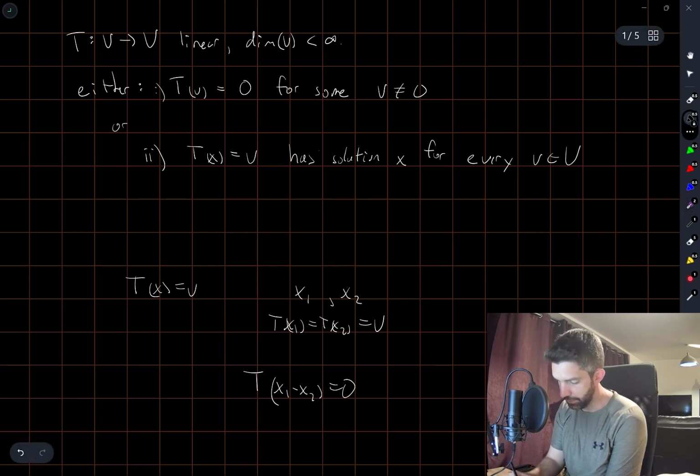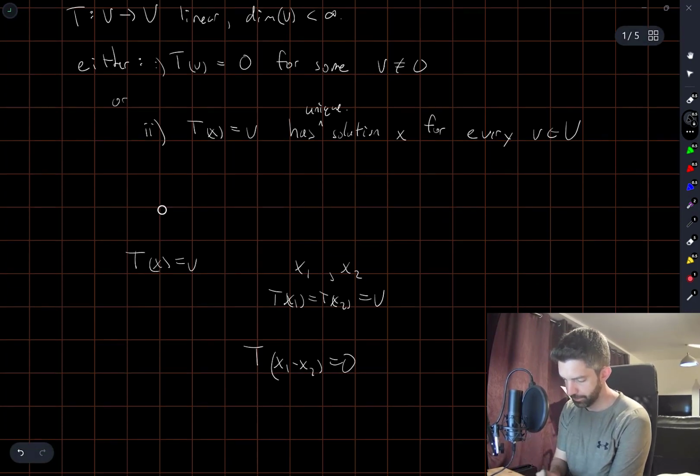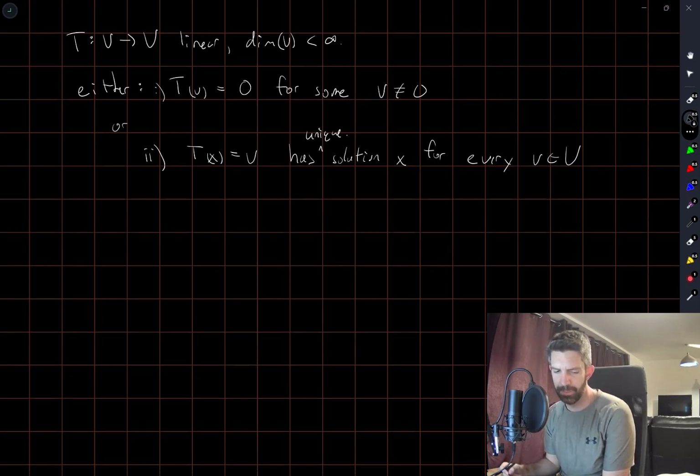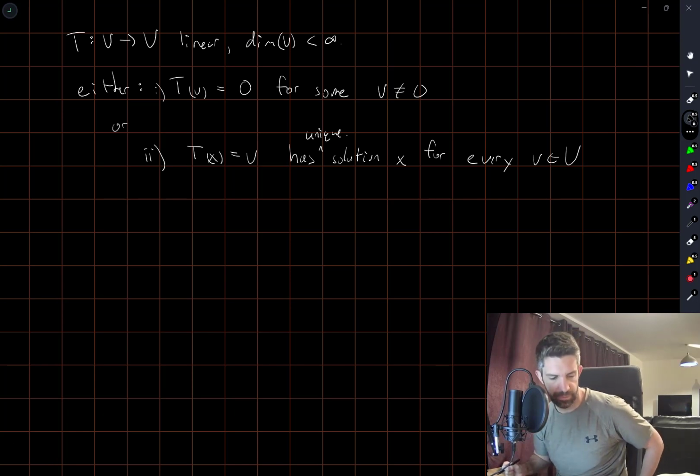So it really should say has a unique solution. The text I'm reading does say has a solution, but in the typical math phrasing of things, this doesn't rule out non-uniqueness. Anyway,